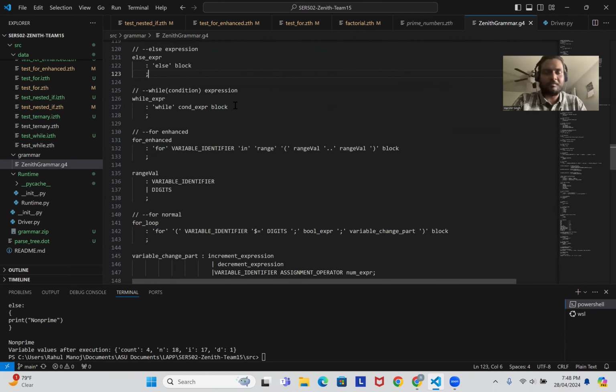Yes, so we have a standard while loop. It will be a while followed by a conditional expression and then a block of code that we want. So it can have any block of code, as my colleague explained. We have a for enhanced. So it is like a standard for enhanced